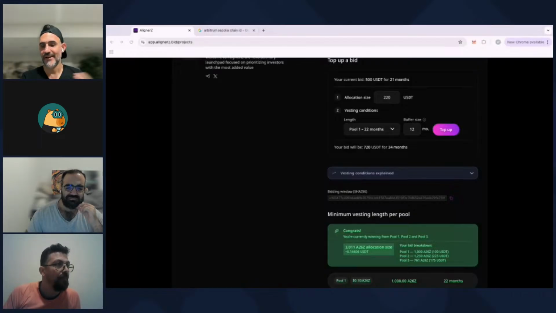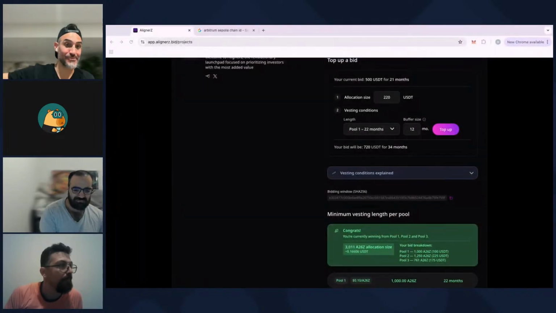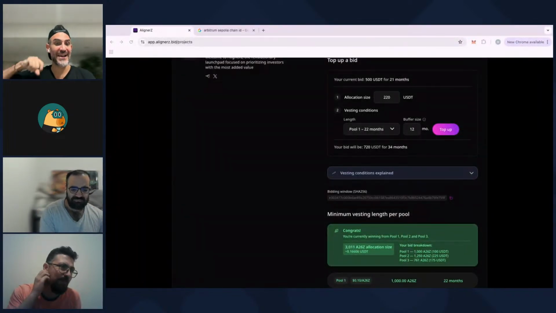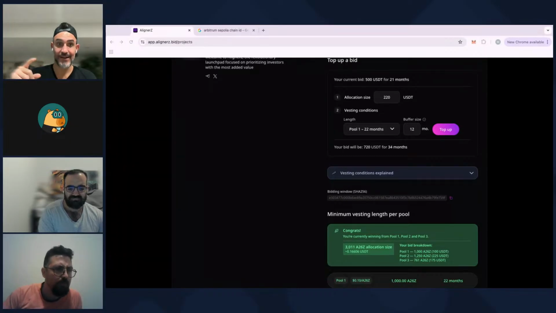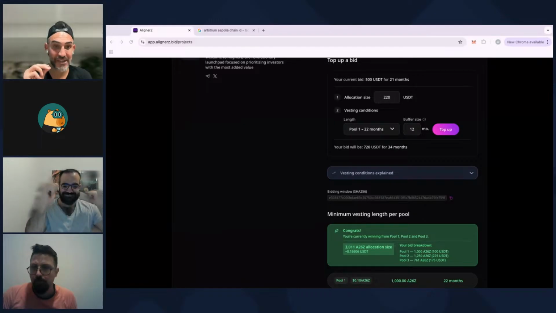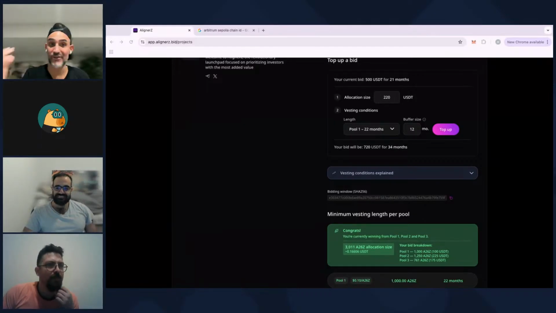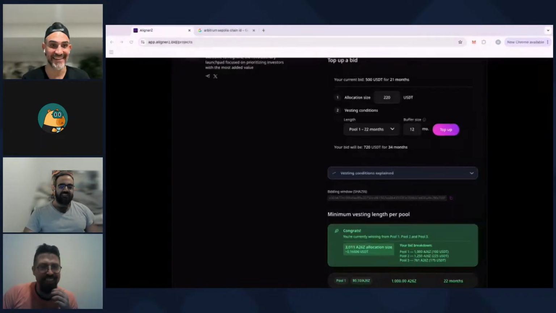Got it. Okay, so just so everybody is clear, if I share my screen now so you guys can see, I just confirmed something. I was like, oh, let me get into pool 1, and my confirmation said 7 months. By the time I got back to the screen and confirmed, the top bid was 22 months. So you guys can see on Roger's screen right there, 22 months. I confirmed mine, it said 7 months. I don't know what Dudu's doing over there, or what anybody else is doing. I finally get this. I understand the liners.